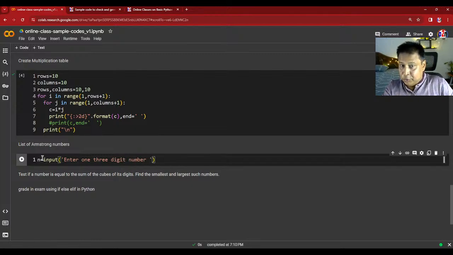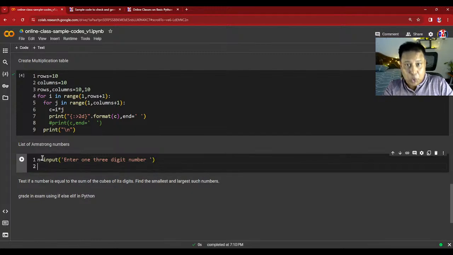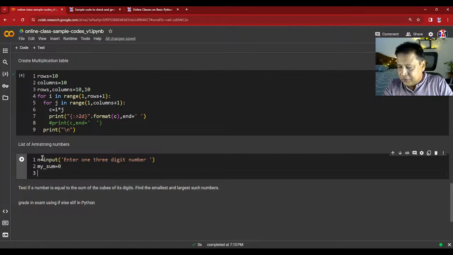Fine. Note that I am intentionally not converting it into an integer, so it stays a string. The reason is I want to break the numbers apart easily. So let's declare our variable my_sum equal to 0, because we have to sum it up and test it. So for i in range, starting from 0,